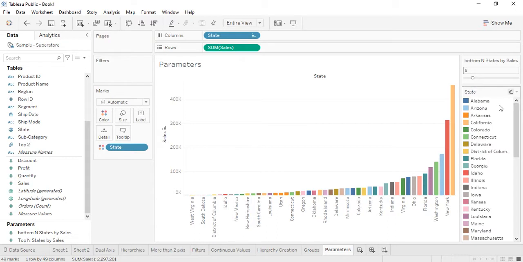So this is actually a problem, that is the colors are not working. We might want to get a situation in which right now our parameter value is at bottom 8, so we want the bottom 8 states in a particular color and the remaining 41 states in another color, right? So this kind of a situation might arise,